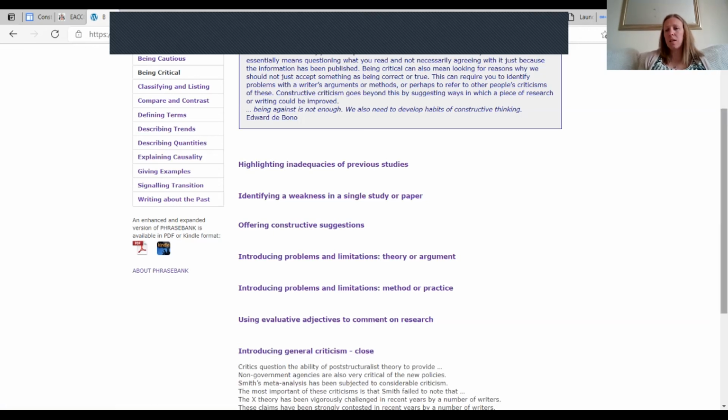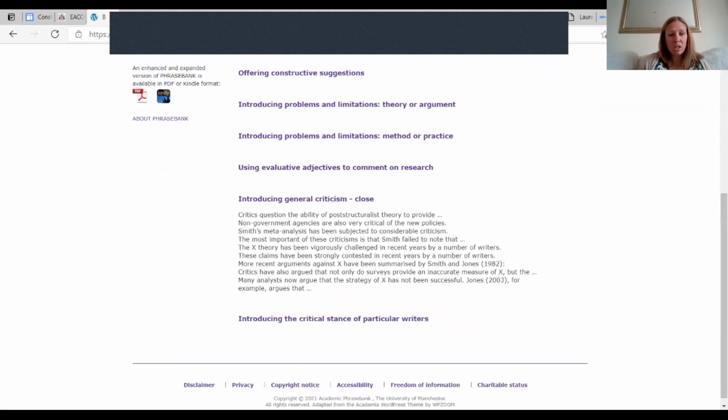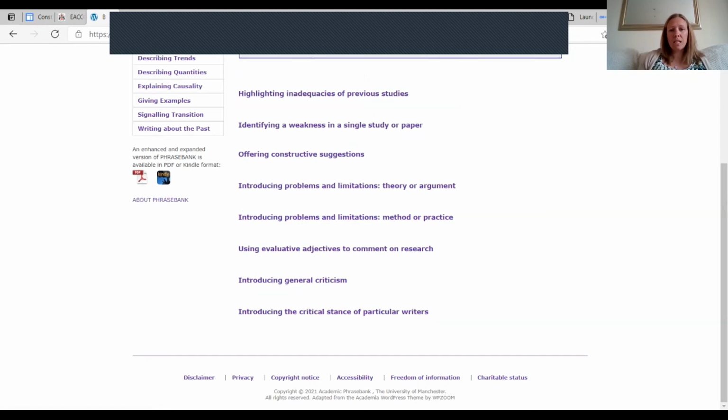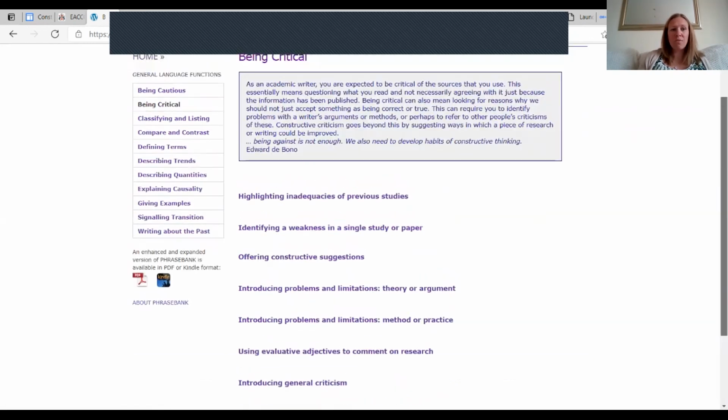So this is the kind of thing where I was saying about bringing in questions. So the most important of these criticisms is Smith, or, critics question the ability of risk to help children's resilience or something. And so I think you might find that helpful to give you just some different ways of saying it,